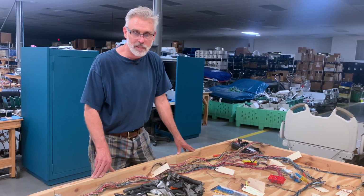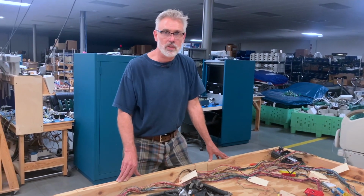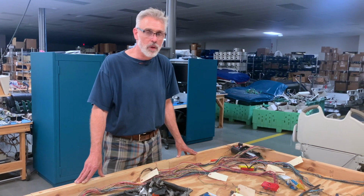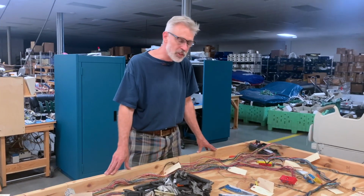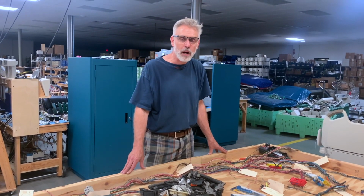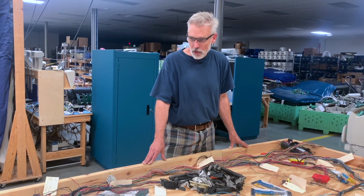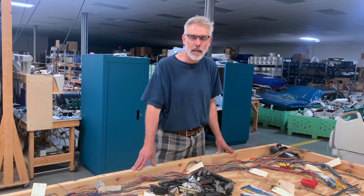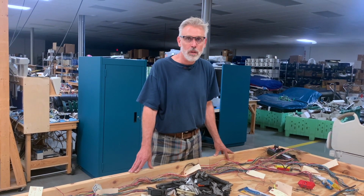But as of about a week ago, the harness designs are done, and in the next few weeks we're going to start populating the first proofs of concept. We've done a lot of work going through all the data and using the Mitchell manuals to vet out every version and every model. There are a number of issues and errors within the manuals that we've been finding. But just to let the community know,